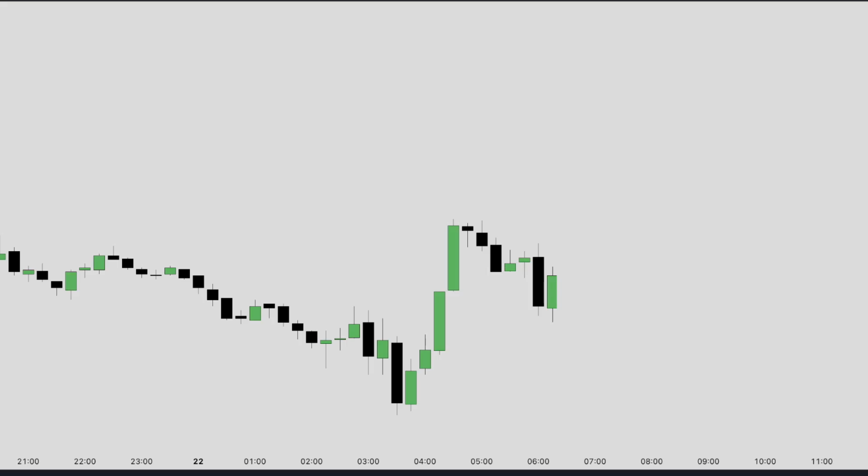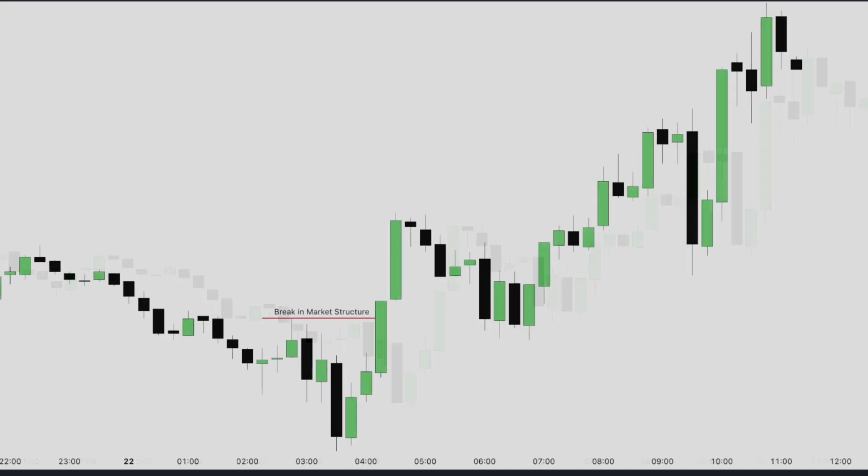Going back to our examples that I mentioned earlier, before I mark up my chart, can you quickly identify the displacement? Pause the video if you have to and identify the characteristics that make it a high probability displacement. We can clearly see our energetic move with big candles and very large movement. Not only does it break a market structure, it also covers a huge distance above the market structure that it broke. It is very obvious that this is a very clear displacement with a lot of energy. You don't really have to second guess it. It is just right in front of you. It doesn't really slow down when it breaks the structure. It just keeps on going up. So this is our high probability setup.